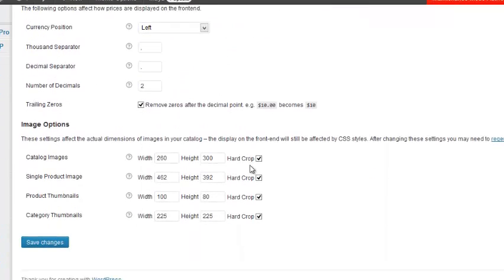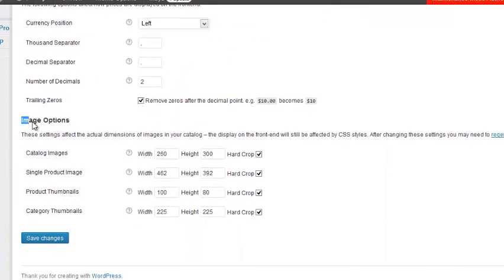But what I really want to point out here is the image options. Okay, so if you recall, when we were creating products, we had a featured image that we uploaded, and we have images on the store pages. So if you go to the shop, you'll see a certain size image. If you go to the product page, you see a certain size image. If there's gallery images, if you recall, we uploaded smaller images underneath the main image on the product page.